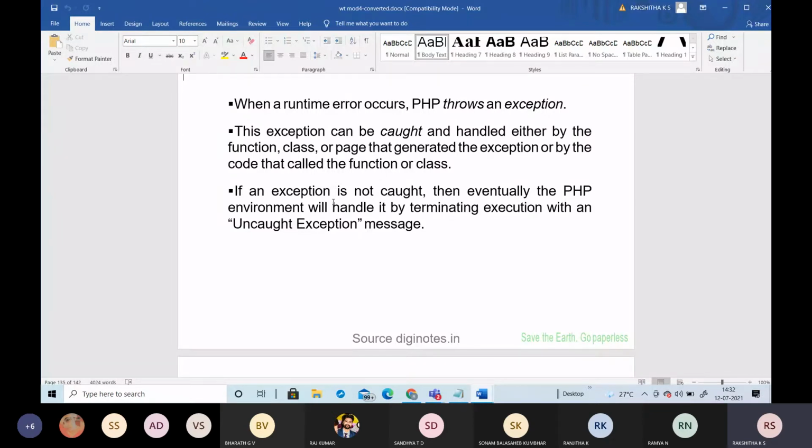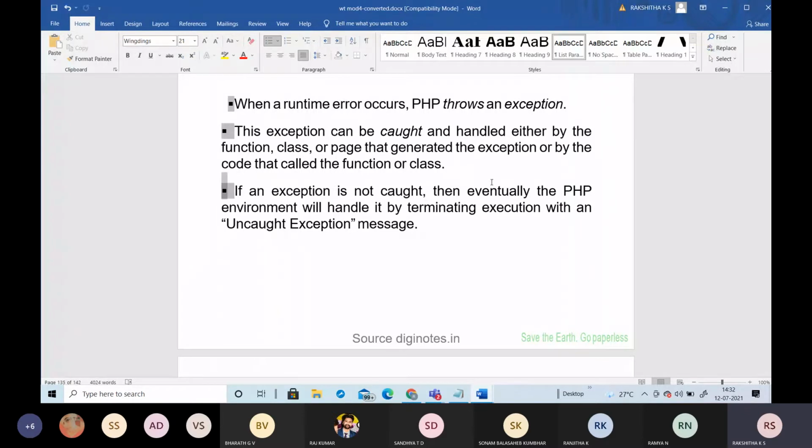If an exception is not caught, then eventually the PHP environment will handle it by terminating the execution. So if a runtime exception occurs, it calls throw, and it is managed by catch.